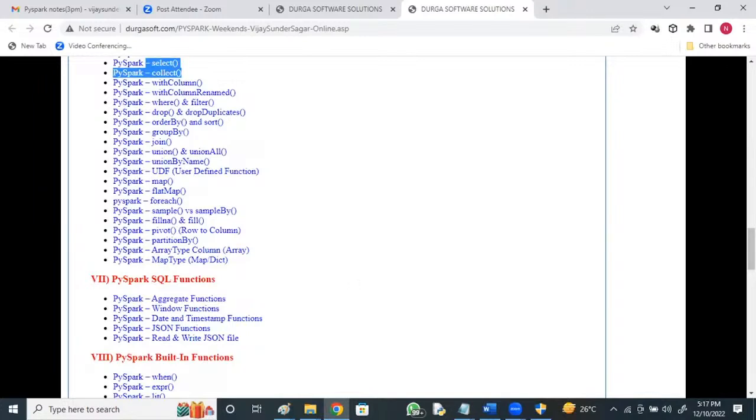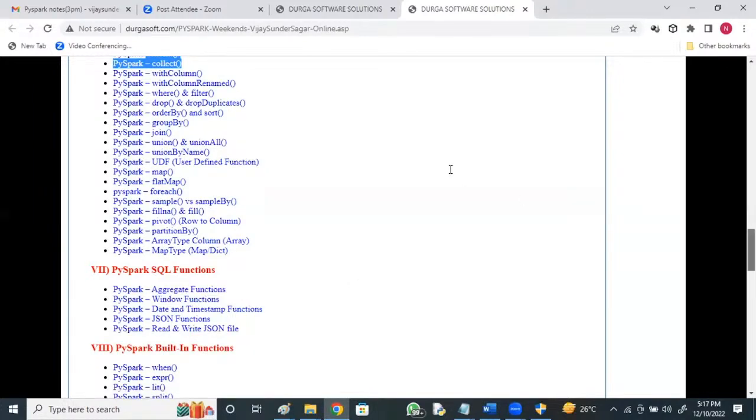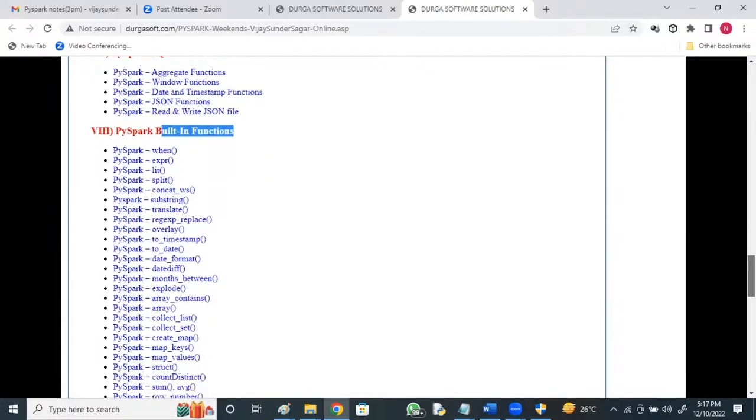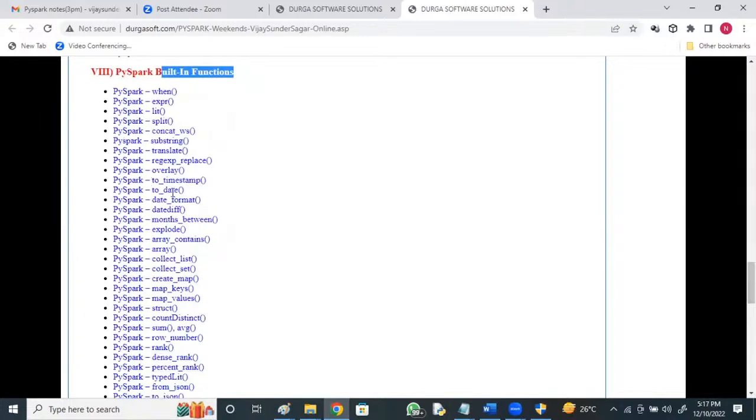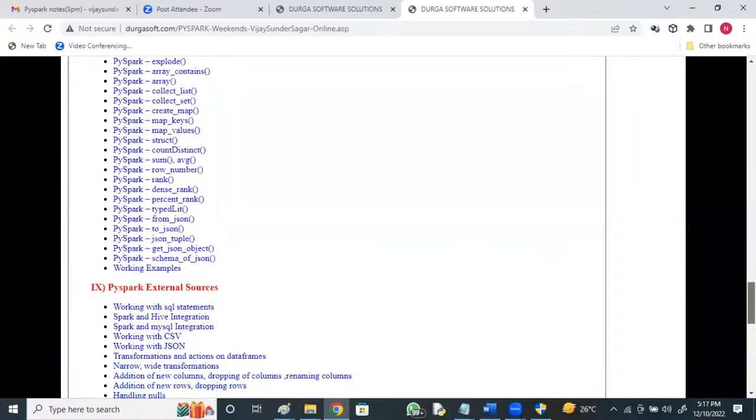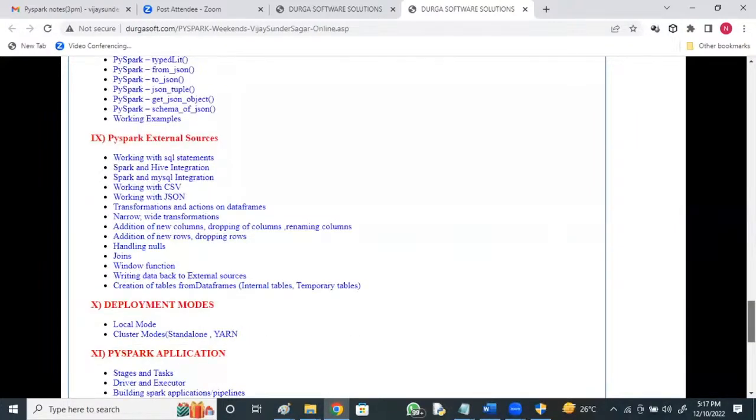And apart from this, if you go to the PySpark SQL functions, a lot of SQL functions like aggregate functions, window functions, date and timestamp functions, JSON functions. And PySpark built-in functions, we have got a lot of functions, each and every function with some examples. String, translate, overlay, to date, month, explode, map keys, map values, struct, row, rank, dense rank, percent rank, from JSON, to JSON, PySpark external sources, how to create these from external sources like Hive, MySQL, narrow and wide transformation, addition of new columns,